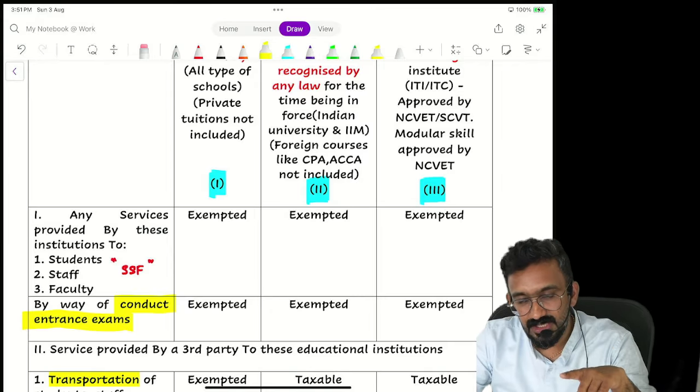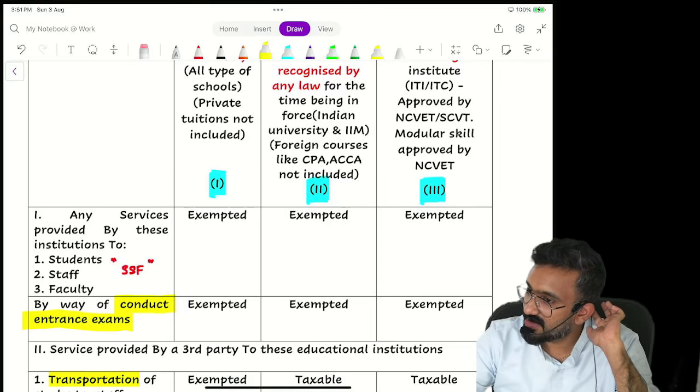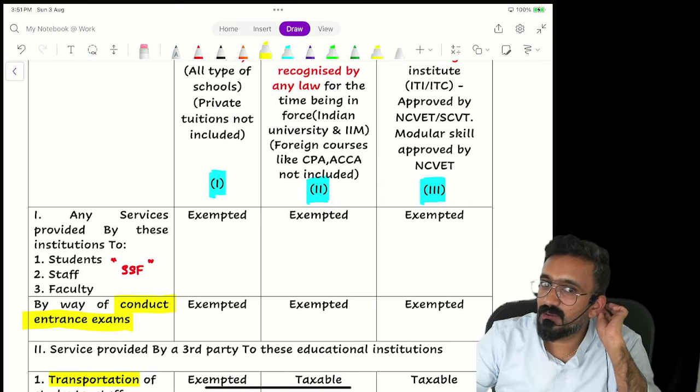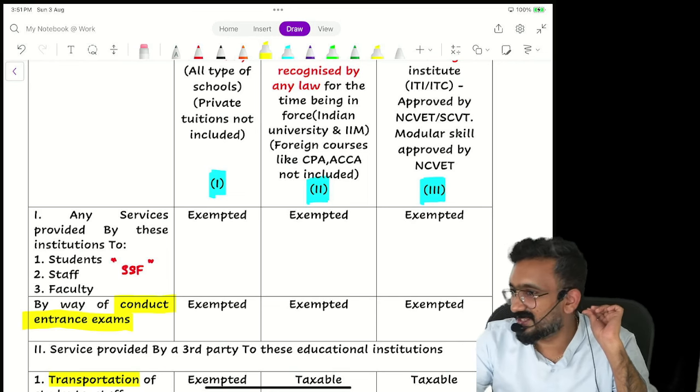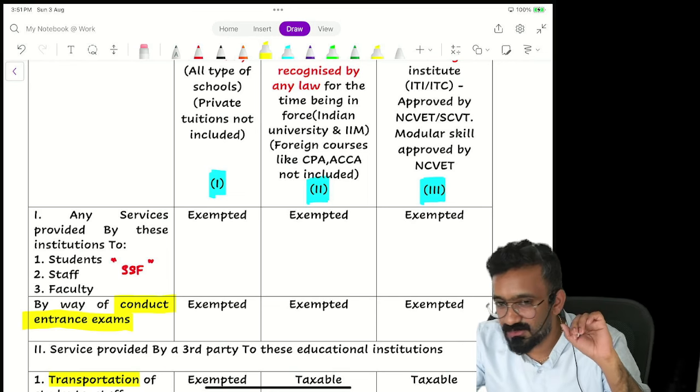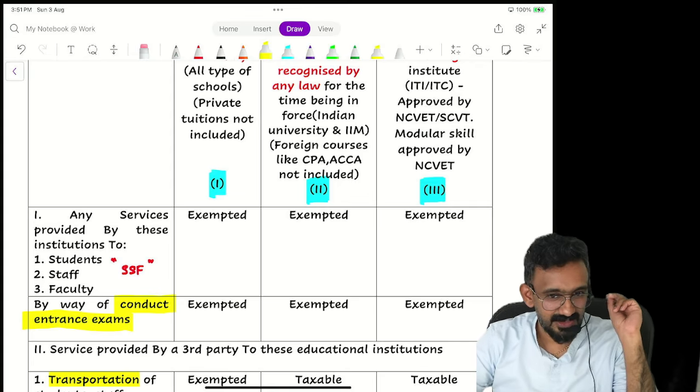My question to you guys is this: would that be considered to be an exempt service? Entrance exam, they are collecting 1,000 rupees from each. Exempt or taxable? Are they students? No. Out of that, only 100 will become students. So others will become taxable, no? So they said entrance exam anyway exempted. So specified supplier, specified activity. Recipient is not required. That's what they've done.